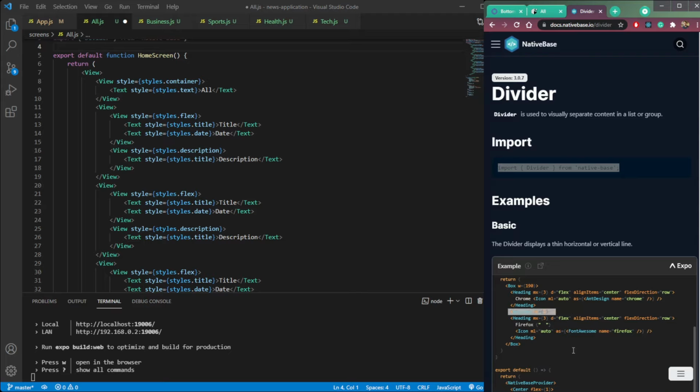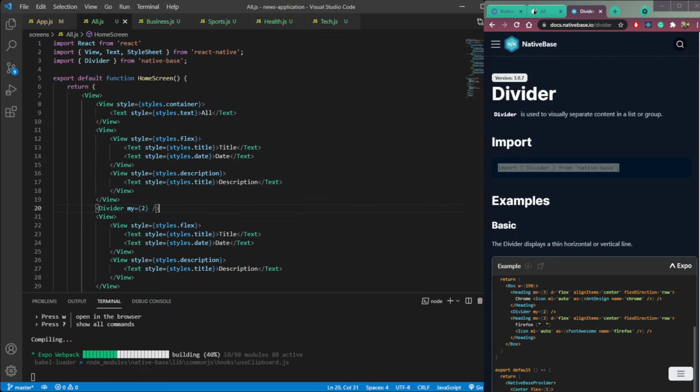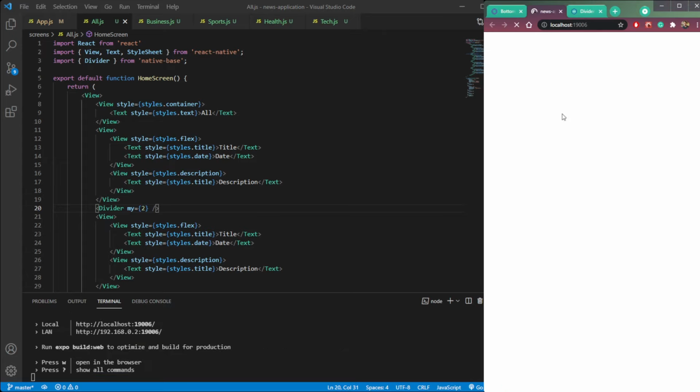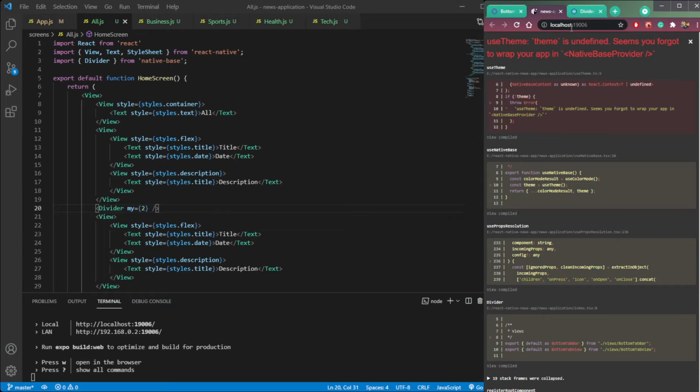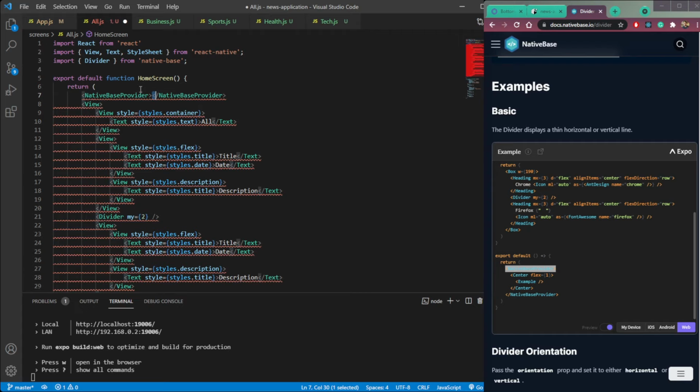So divider margin y, it means margin to the y-axis, which is 2. And now let's check. We need to wrap the whole component inside this Native Base provider. So let's do that in order to use this divider. So wrap this whole component,